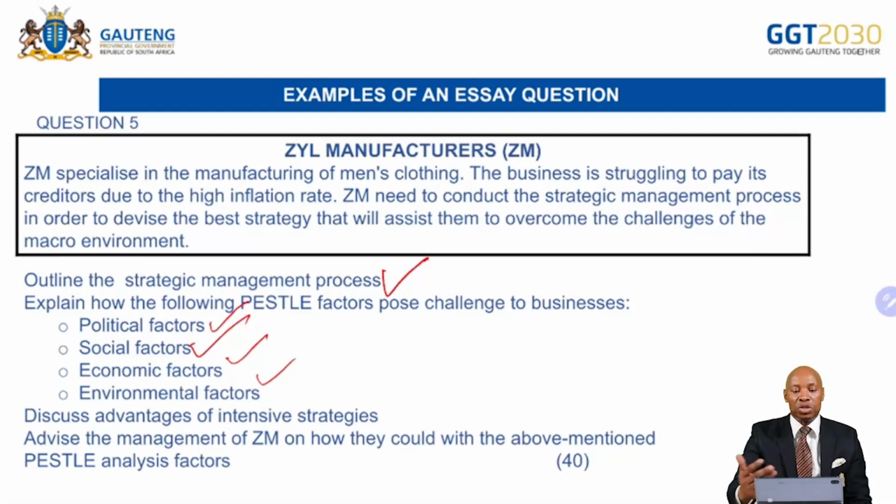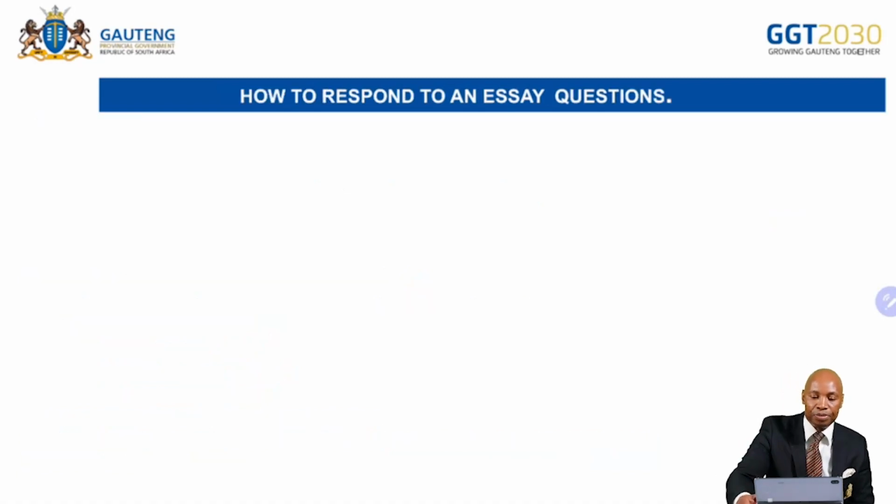Now, if the question wants you to explain how the political factor poses a challenge and recommendation, you must be able to do that. If a question requires you to explain how economic factor poses a challenge, legal factor, and so forth, you must be able to do that. This is to say, prepare so that you are ready for any other type of question. So I've given you just typical examples of how a question may be asked, but then let us go on.